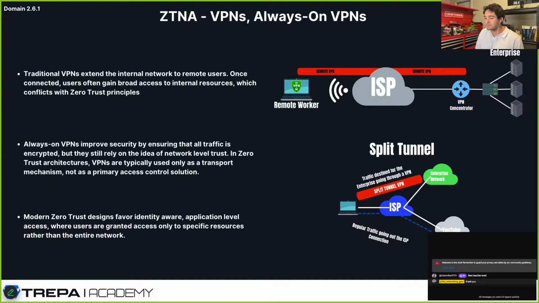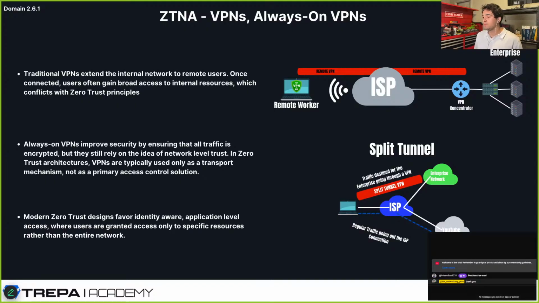So what we're saying here is, let's say back in the day, a couple of years ago, VPNs got you into the network and you're good. You don't have to do anything else. But now we want VPNs that re-authenticate you, and they don't just say, oh, you're authorized now. It's kind of like Cisco AnyConnect